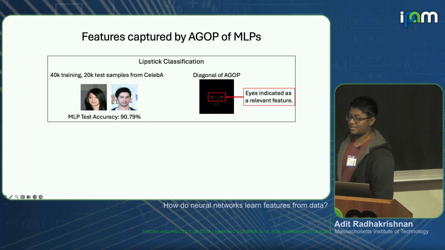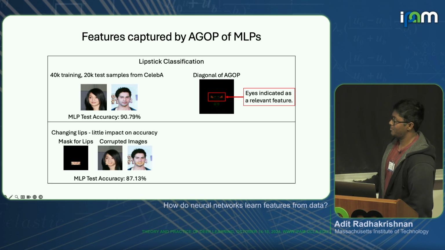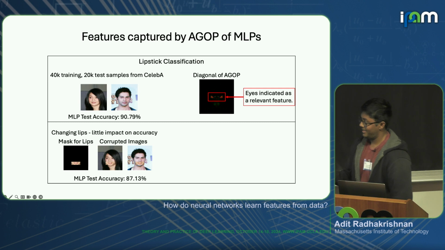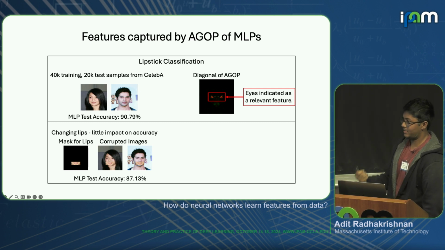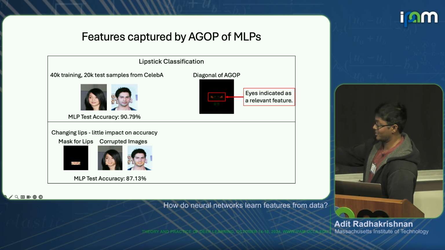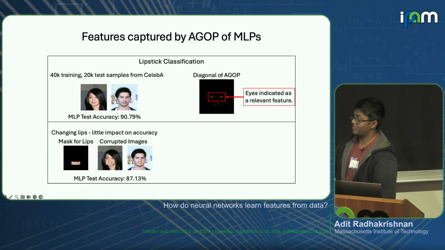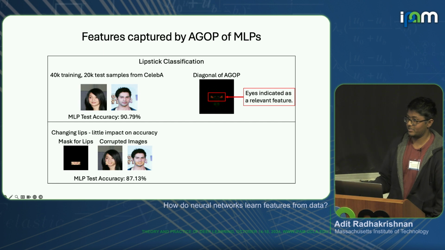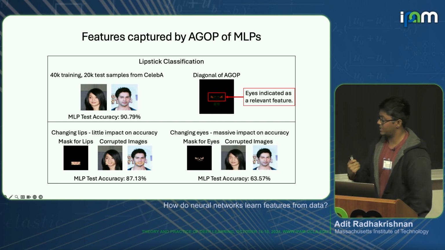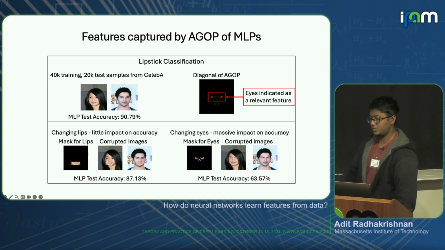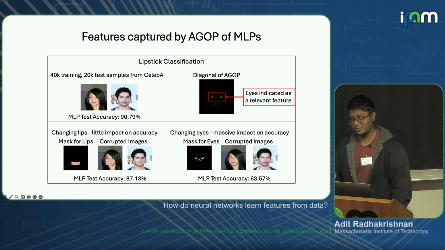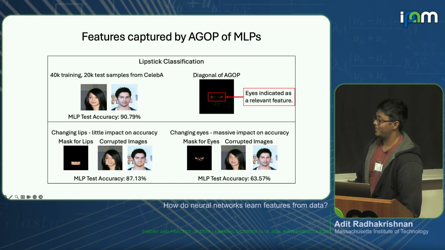And you can see this directly by visualizing the diagonal of the AGOP. And in fact, what we can do is really just nail this point and say, if we take all the test images, take the lips of one individual, replace all the lips, I mean, this doesn't even look like a real image at this point, but the model takes almost no hit in test accuracy. It's really like 3%. If I take the smaller subset of pixels for the eyes and I replace all the eyes, you take a 30% hit in accuracy. So the model really in the first layer is just filtering based off of the eyes.